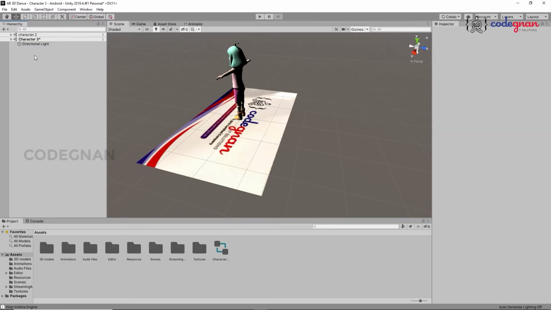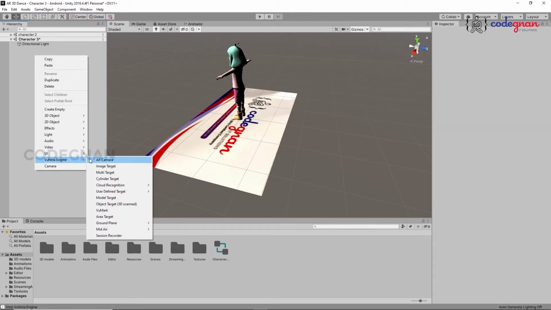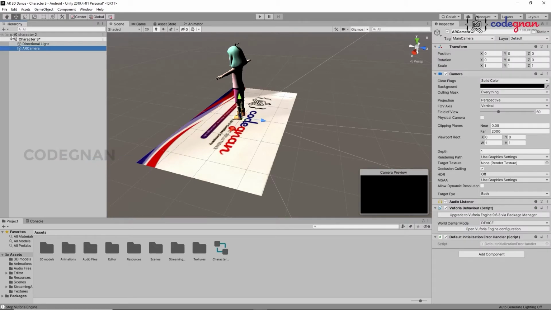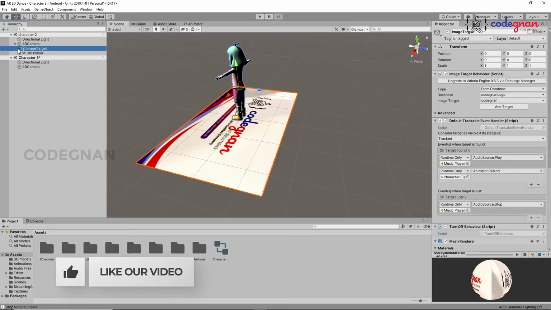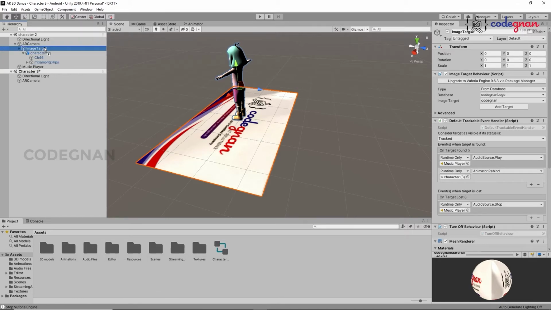Oh sorry, it's image target. Don't drag this existing one, because this is a different character. If you drag this in, it will convert as a prefab, so we can't change the character for this.